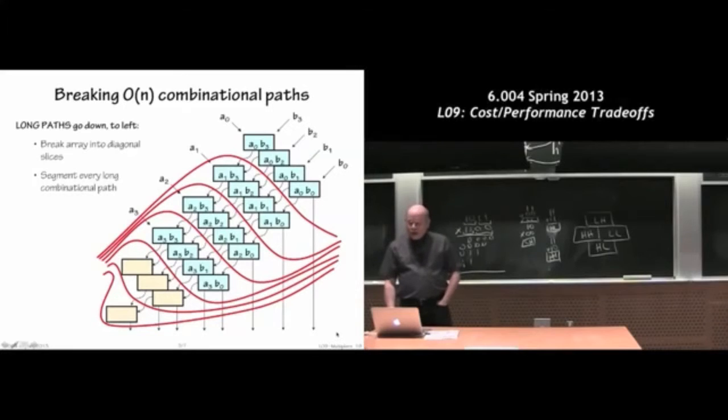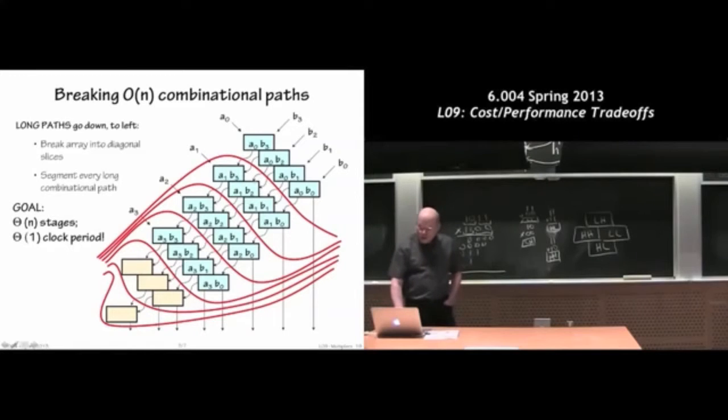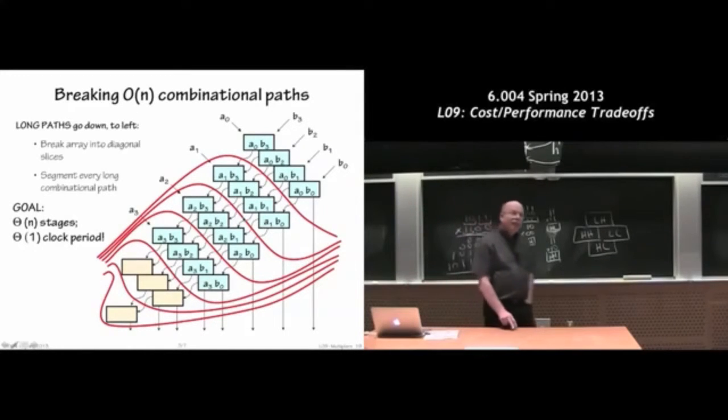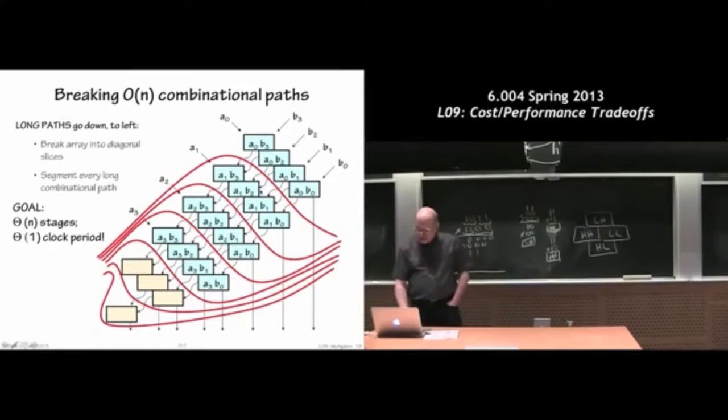Okay, so what is the clock period that I have to use? What clock period can I use to clock the pipeline registers here? In other words, what's the longest combinational path from one of these registers to an output register? Well, you think a little bit, right? We have bits that are coming in, and there's a path that goes from one side to the other, but the longest path is basically